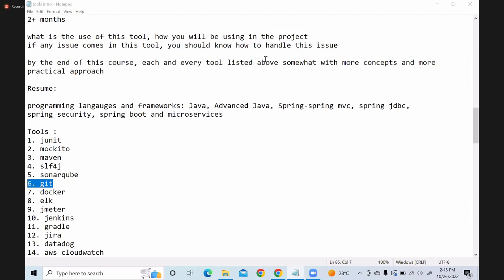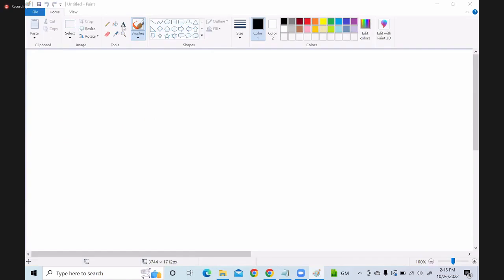It is a version control system. I'm seeing your messages: project management tool, code repository tool, common repository. Okay.